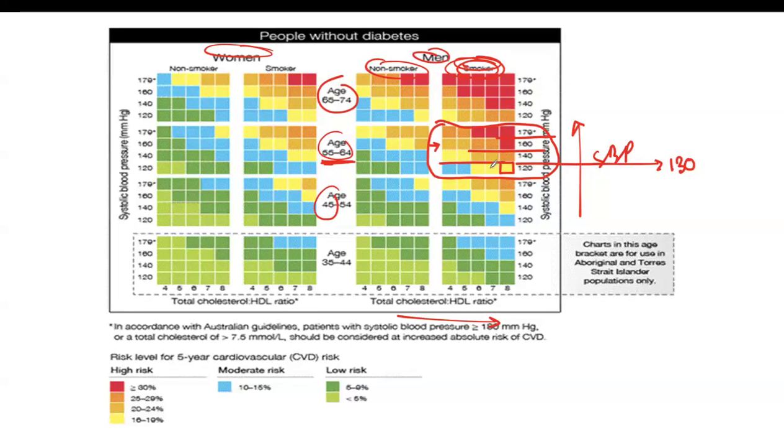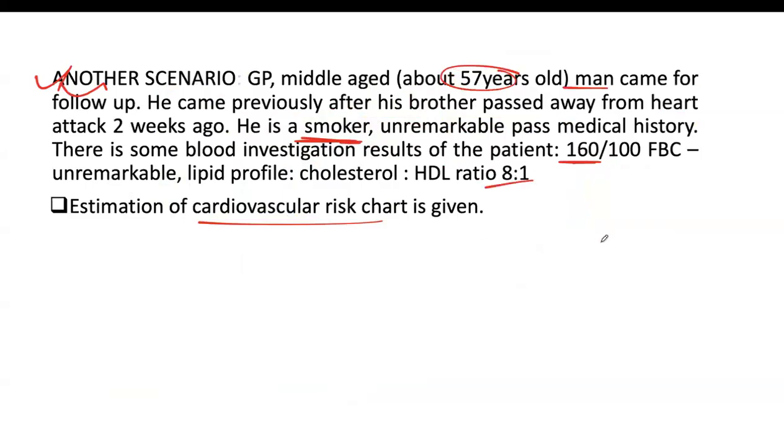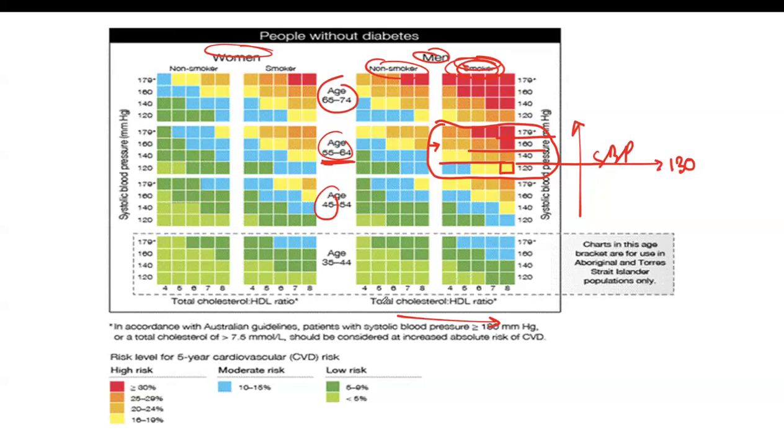Yeah, good. Now, the next thing is the x-axis, which has got cholesterol HDL ratio. So we know it is an 8:1 ratio, so 8 is our number. So in here, you can see 4, 5, 6, 7, 8. If we look over here, this box, the highest number you can place here is not 4, but 4.5. This box, which is marked as 5, the highest number is 5.5, then 6.5, 7.5, 8.5. Okay? So now we know our patient has got 8. So 8 means on this box.